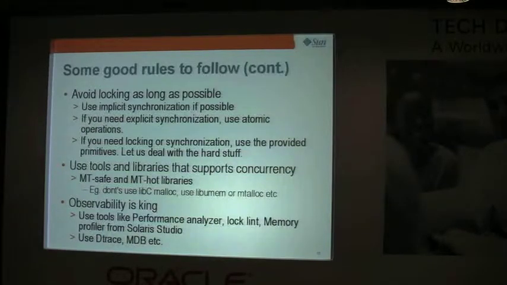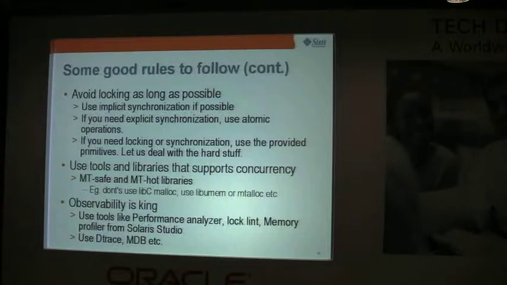Sun Studio or Solaris Studio is a very good tool chain for that. It has extremely good tools for observability into multi-threaded applications. One of my favorite tools is the performance analyzer. We have a memory space analyzer. We have a race condition analyzer. We have a lock_lint tool that basically does static analysis of your locking, so you don't have any deadlocks